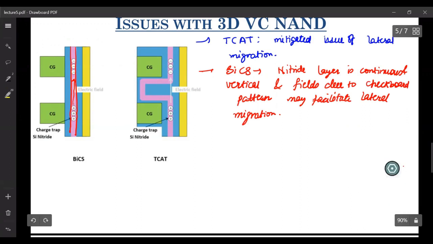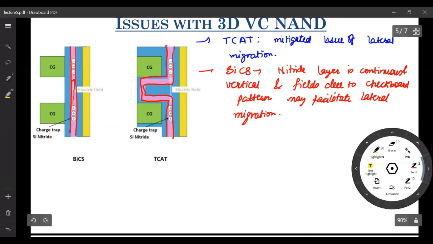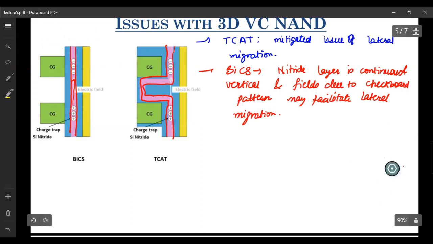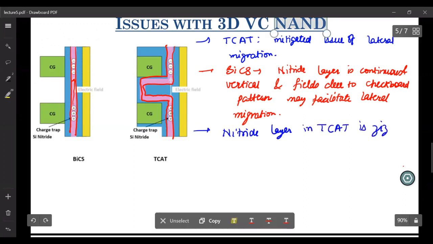So the nitride here is zigzag. Let me just write. So the nitride layer in TCAT is zigzag,